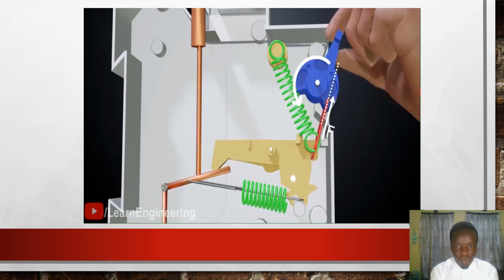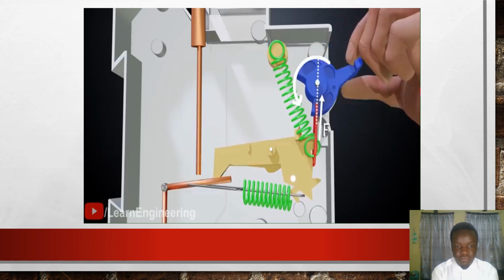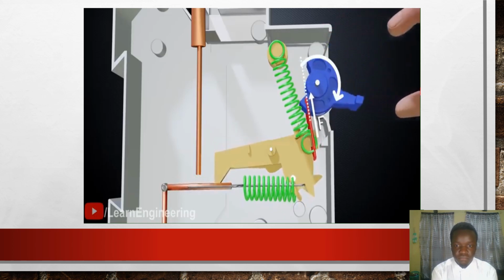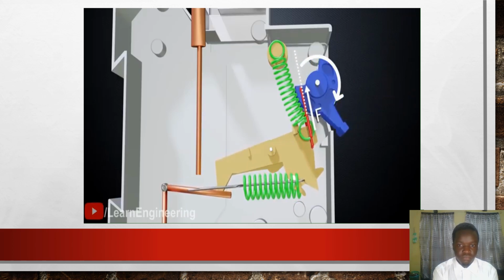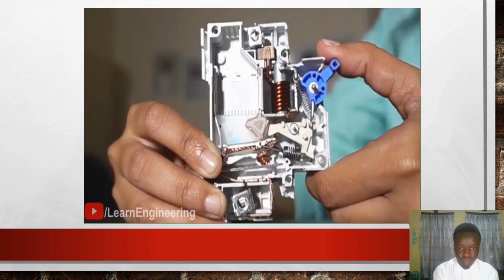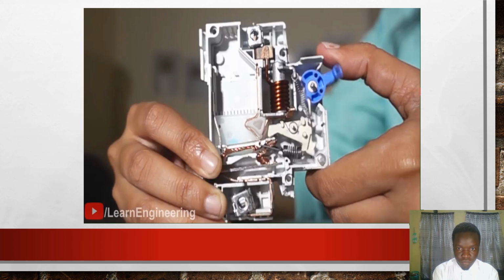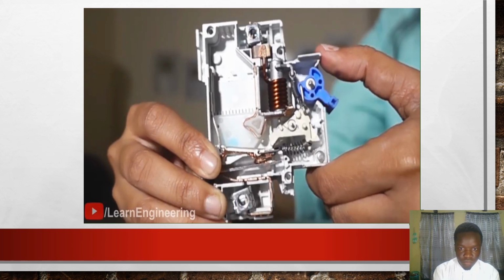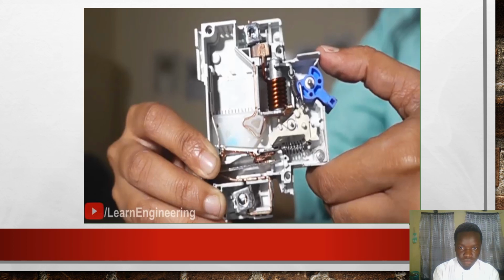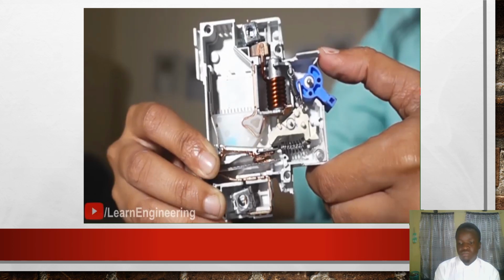Now, if an external trigger turns the lever slightly, the torque on the lever suddenly becomes clockwise and the circuit opens wide quickly without the need of an external force. Here, as the operator pushes the lever down, you can see in ultra-slow motion how the mechanism operates in practice. After a small angle, the lever generates its own torque and then there is no need to apply external force. Now, the only question